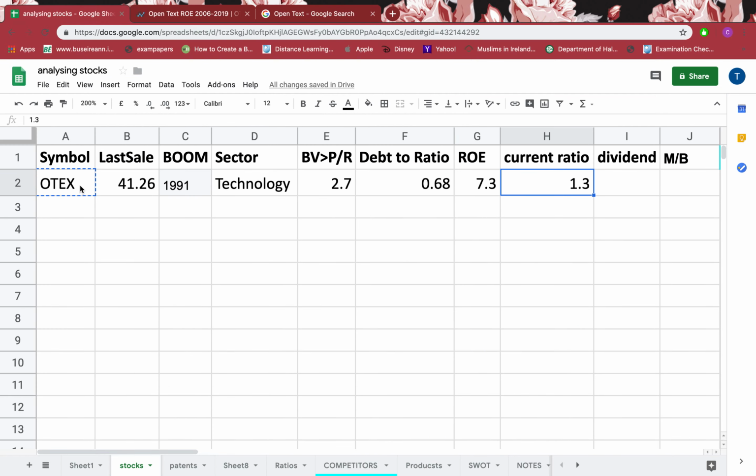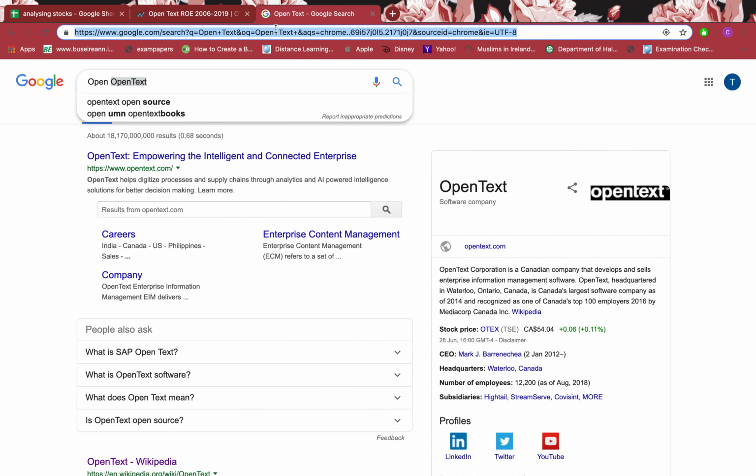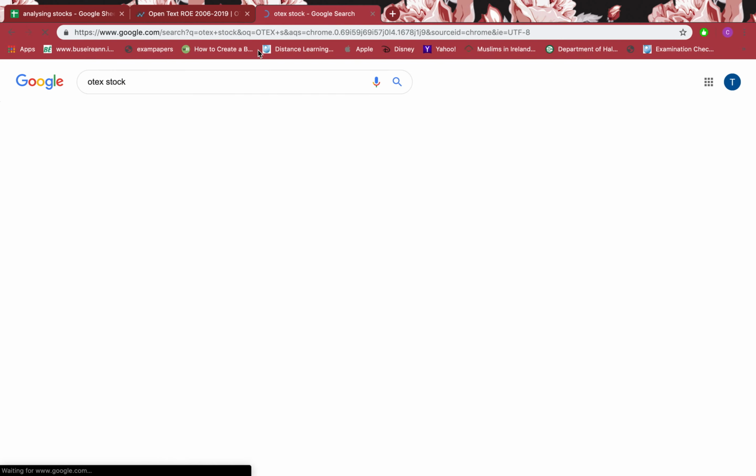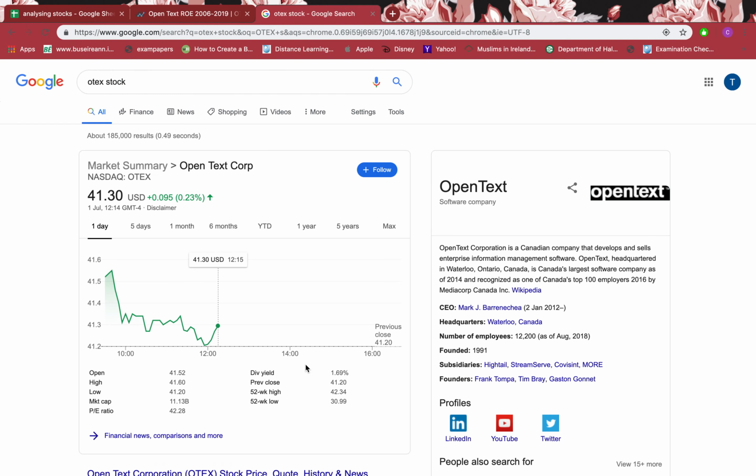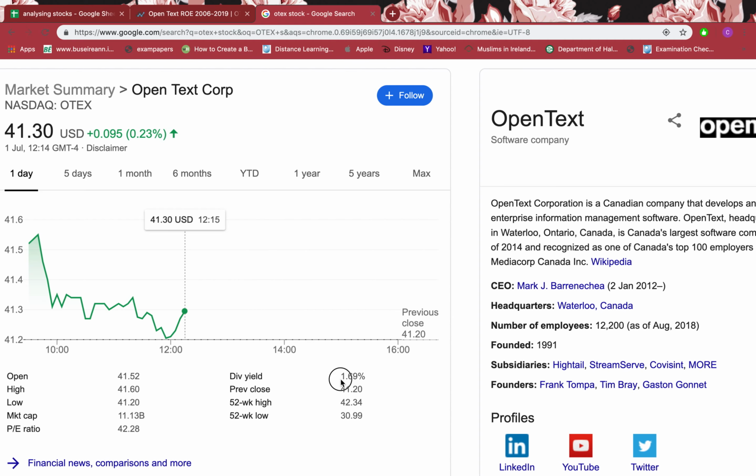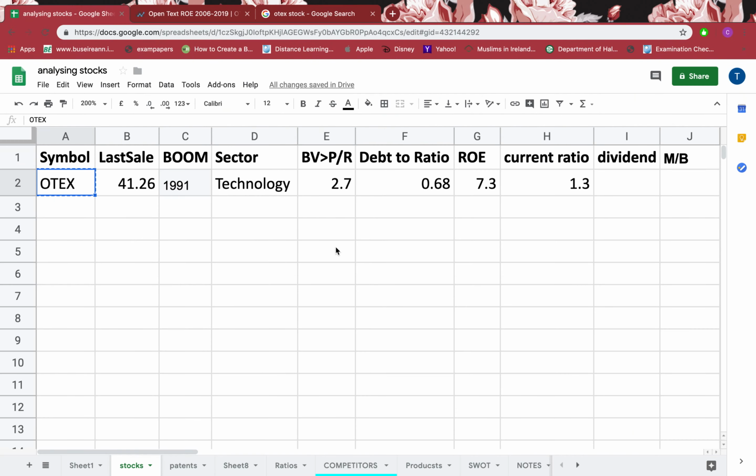I'll just copy the symbol and I will paste it here, and let's have a look. So I can see there's a dividend yield which is 1.69%, which is a good thing. It means that the firm, even if the dividend yield is very low, it's not very much, it's